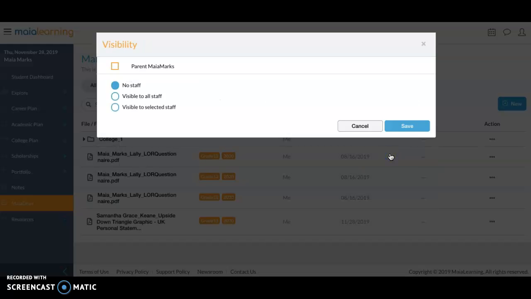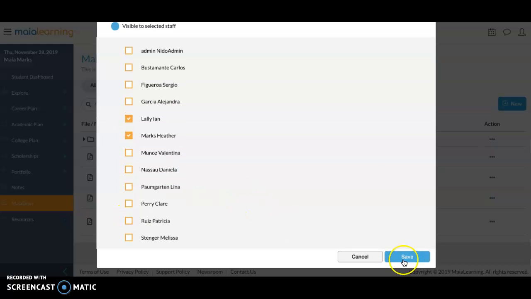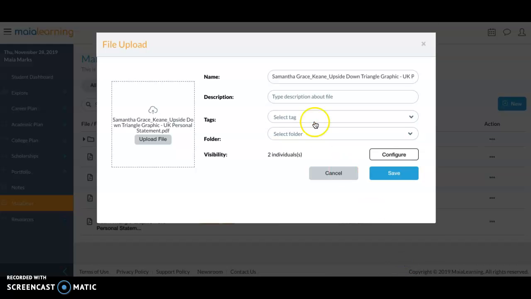Please click the button called Configure. Then you can see here that you would like to share this document or make it visible to your parents or to the counselors. So please click Visible to Selected Staff, and then click both Mr. Lally and Miss Heather. And then click down here, Save button. So you can see the document, there is the name, and the most important part is this visibility component, and then click the Save button. This will then upload the document that you chose to Maya Drive and then make it shared with the counselors